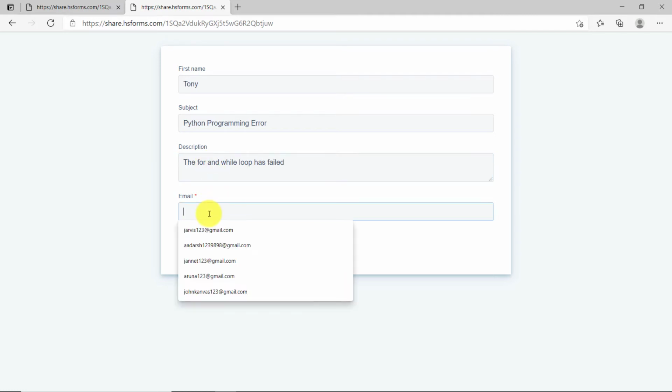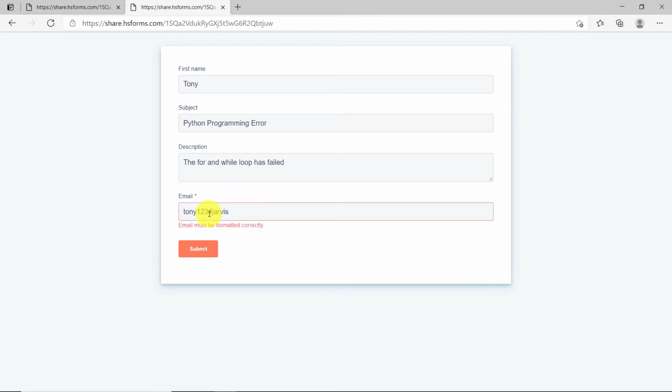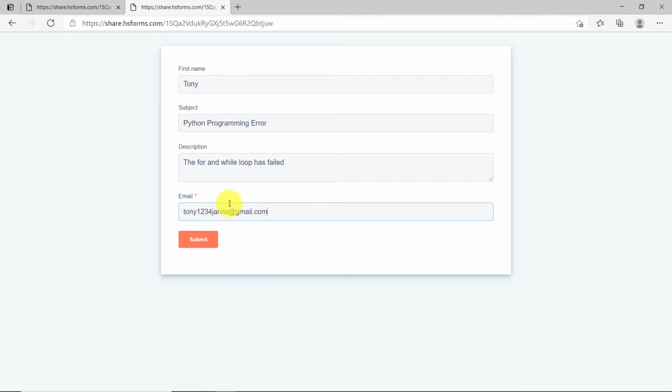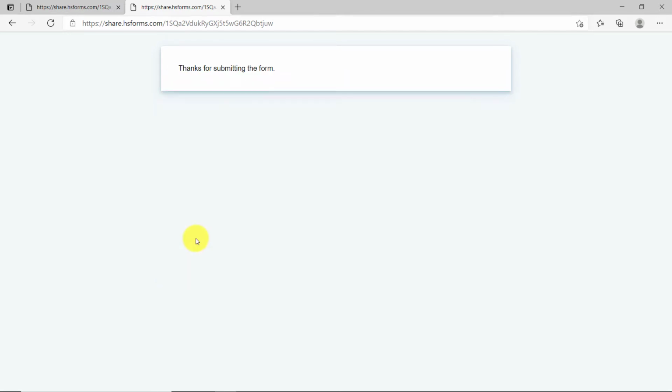And this is the email of Tony1234 Jarvis @gmail.com. The description he has mentioned, the for loop and the while loop has failed. The subject is the Python programming error and the first name is Tony. So let me just click on submit.